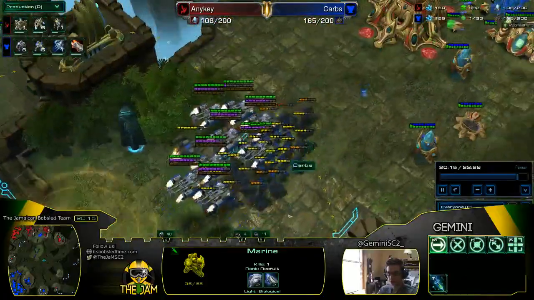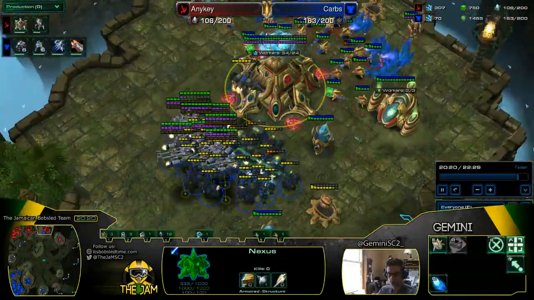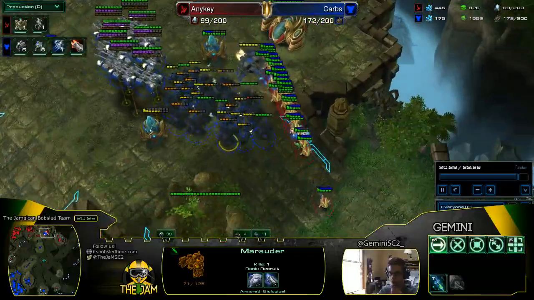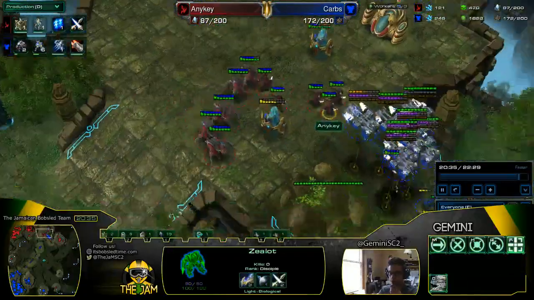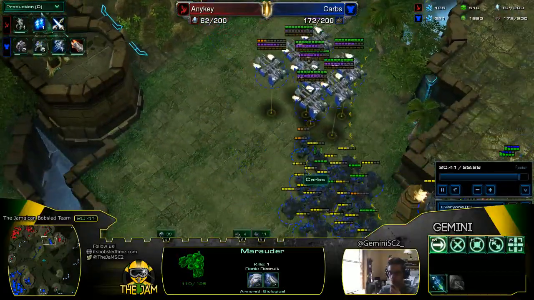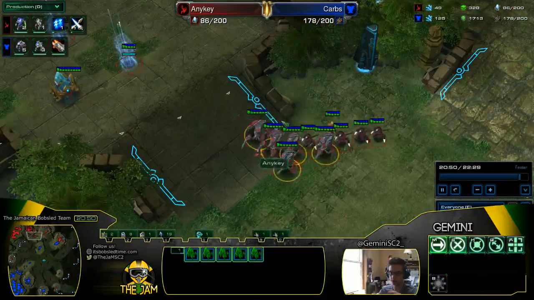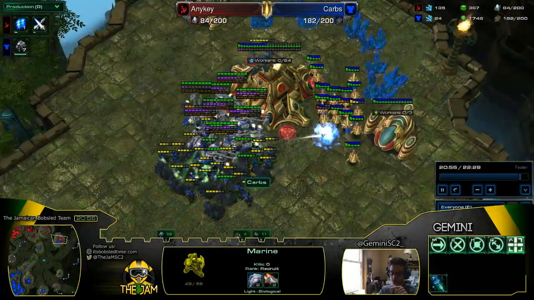So yeah, at this point it's pretty much over. We don't have the gateway count to adequately reinforce against a composition like this, and the army control was so sloppy, and the army composition so inefficient versus what he had, that it pretty much got us rolled over. If you went to Storm right away after you saw that he was making a lot of Vikings and didn't really commit on the stock, the Stalker count would have been okay. If you went straight to Storm and actually got Storm,